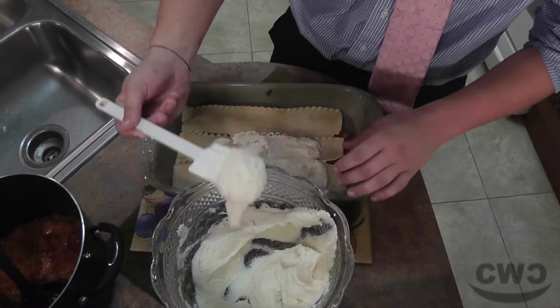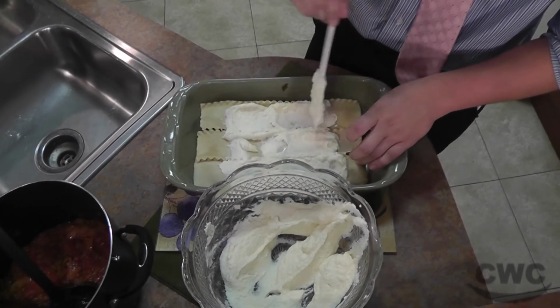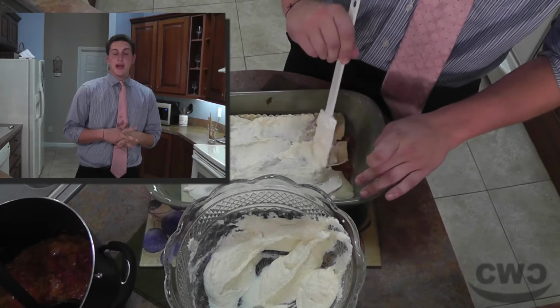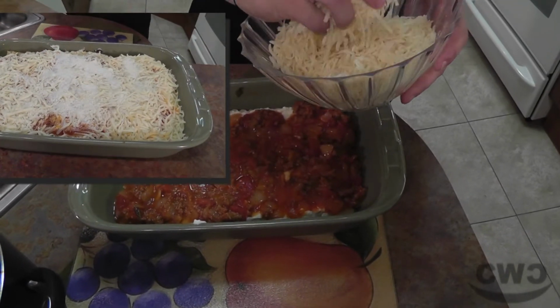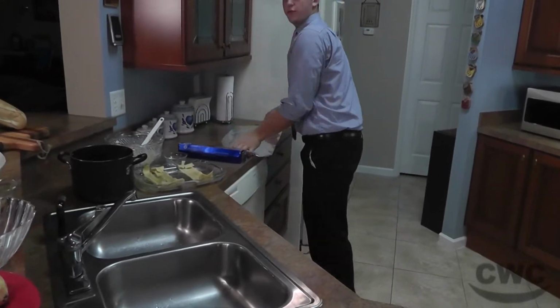Do a little work on my painting skills. Like that. You just wanna offset. I add another layer to it. Sauce, cheese, noodles. Continue as many times as you want. So right here, and if you want, you can add a little Parmesan cheese on top, so you have Parmesan and mozzarella all day. Now what you want to do, you want to take some foil,